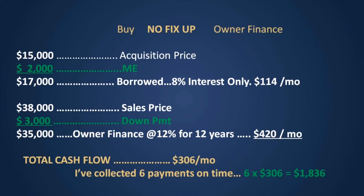And in all honesty, I think I mowed the yard. I think I did because it just made sense, for $100 or something. Not even $100. But I sold it for $38,000 with $3,000 down. And the balance was so low on this, $35,000, that I went ahead and owner financed it at 12% for 12 years. And my incoming principal and interest payment is $420. So if you subtract the $114 that I owe from the $420, I'm collecting $306 a month positive cash flow,